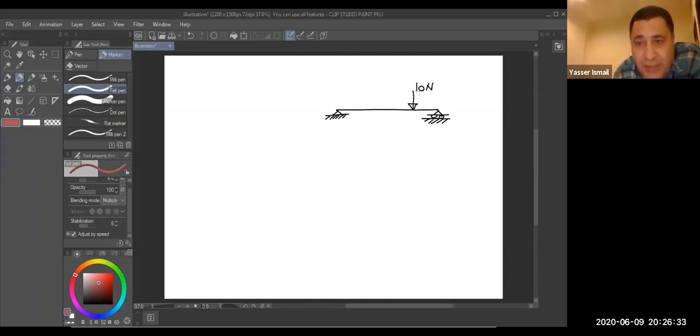External load, this we call external load. We have internal load. What is the internal load? I will calculate it now. So if this is what we call external load, what about the internal load? Let's wait. We'll see how to determine all the internal load.